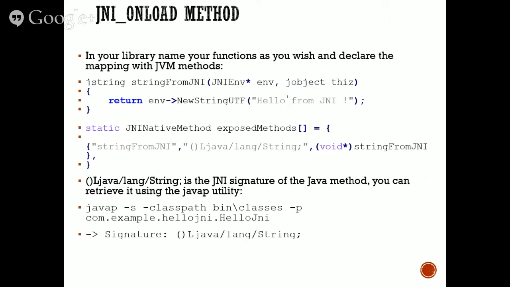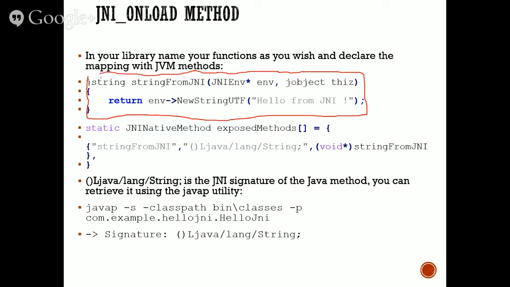So what we do in the JNI onload method is this: stringFromJNI is a function which is present in your C++ code. If you remember in the previous slide, the name was too long, that is Java underscore, etc. But here you can find that it is a single, smaller name, stringFromJNI. Then what you need to do is create a JNINativeMethod type of array,